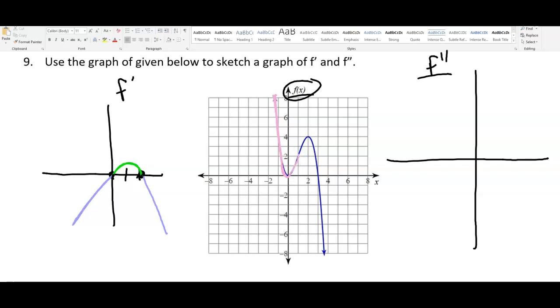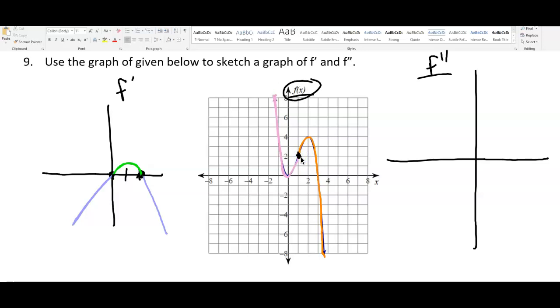And then from here to here, I'd say it's concave down. And the place where it switches from concave up to concave down, I would call my point of inflection. Okay? Now, when you're graphing this on the second derivative graph, the point of inflection is where the second derivative